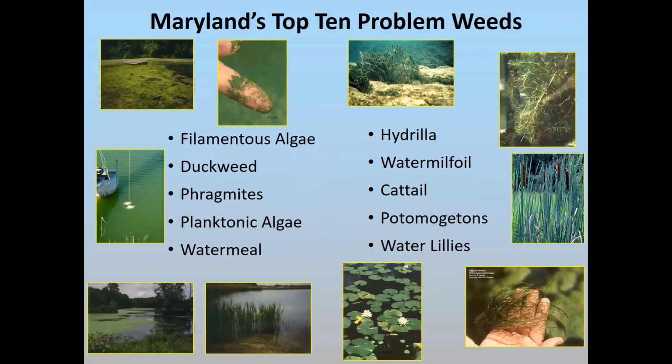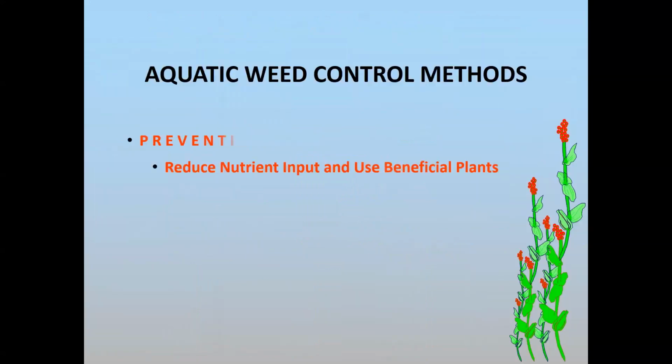And again, as I said earlier, all these species, with the exception of hydrilla, which is invasive and non-native, do provide some benefit. It's just a question of that balance. Are they excessive for the desired use? So, control methods,